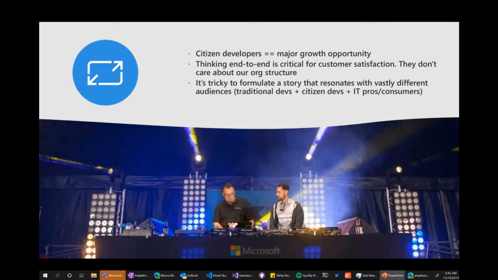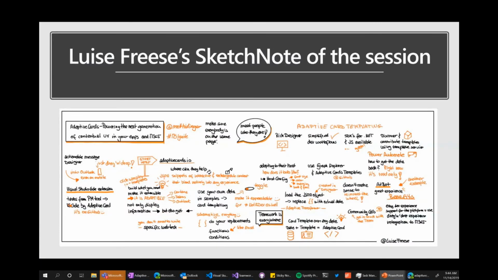This was cool. Those of you on Twitter, I don't know if you've seen this. So Luis, one of our MVPs, walked up after the session and handed me this, and I just thought this was the coolest thing. This is effectively a sketchnote recreation that she makes live during the session. For me, it's like an interactive comic strip that replays the session. So it's really neat if you haven't seen the video, if you follow along with this.